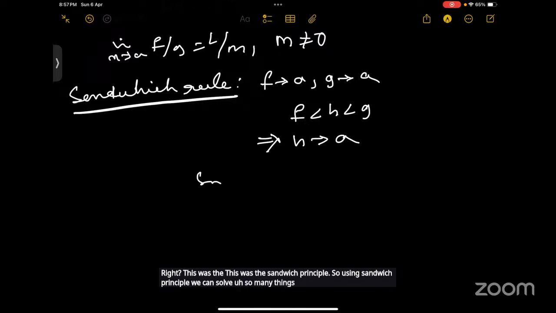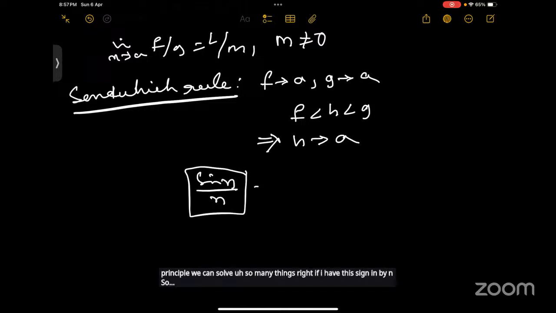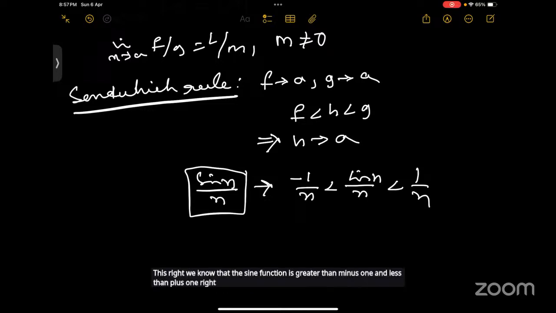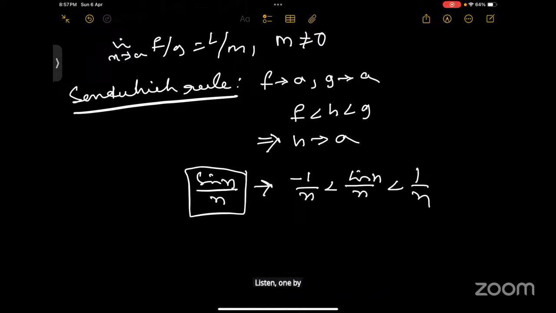If I have sin n by n, so this will be my function between the bounds. We know that the sine function is greater than minus 1 and less than plus 1, right? So sin n by n will be greater than minus 1 by n and less than 1 by n. So we know that when n is tending towards infinity,